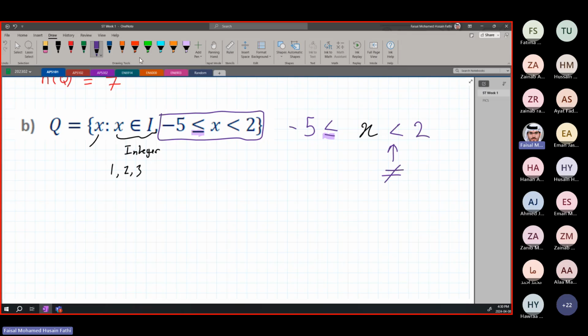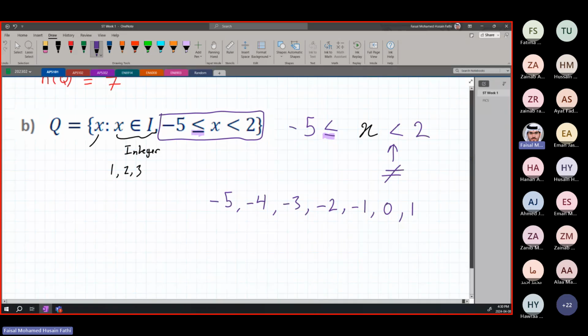But here it's equal to -5. So we're going to start from -5 and reach 2. So the first number is -5. Plus 1 after this is going to be -4. The number after -4 is -3. The number after -3 is -2. I'm just adding 1, 1, 1, 1 because they're integers. There are no decimals. Then there is going to be -1, then 0, then 1. And then there is not going to be any 2 because this is less than 2 and not equal to 2. There is no equal sign here. So we're done. This is going to be the set that we have, which is set B, or in this case it is named set Q. All right. This is how you find Q.